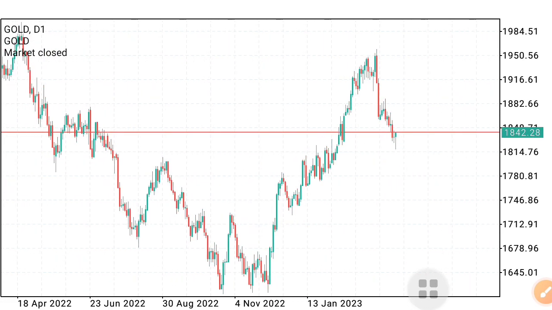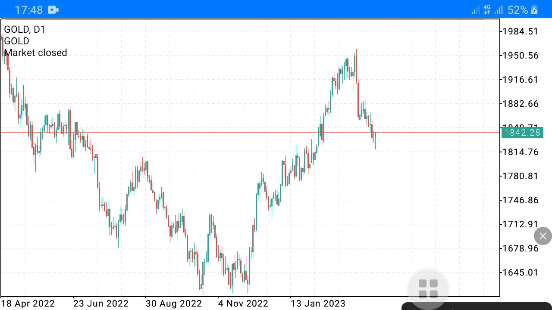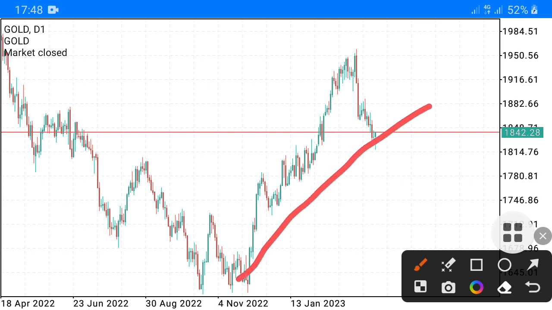We can see that gold was forming an uptrend for the past few days, and by looking at the uptrend we can see it's going up like that. If I draw with a solid line, you can see probably what I'm talking about. Just to make it clear, this is an uptrend. So right now, we're going to look for any possibility of gold returning on the downside or going up from there. So we can probably see the